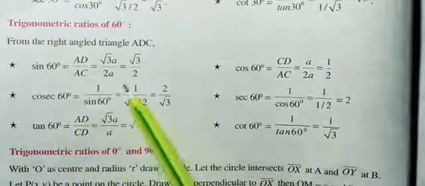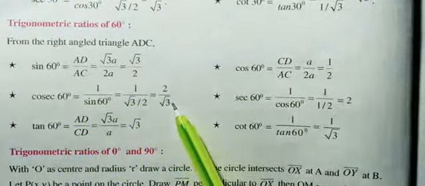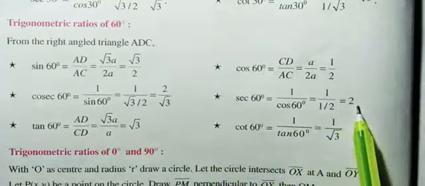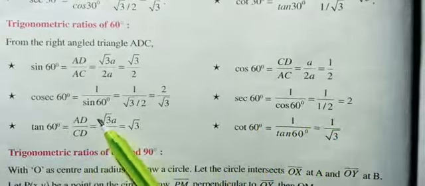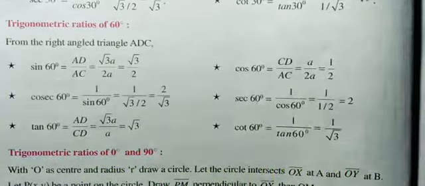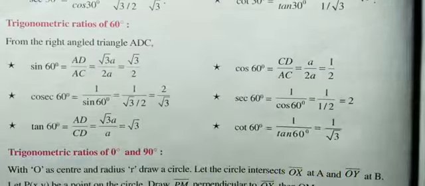Cosec 60 is equal to this, 2 by root 3. Sec 60 is equal to 1 by cos 60, 1 by half, is equal to 2. Tan 60 is equal to AD by CD, that is root 3. Cot 60 is equal to this. So next, move to